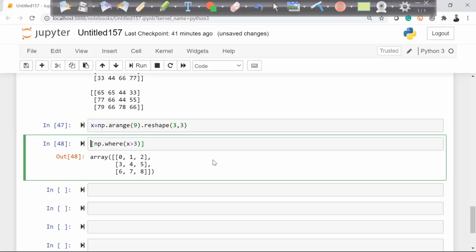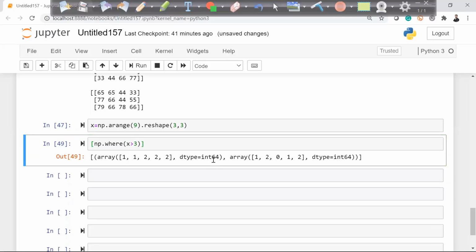Now if I remove this X and check the output, we are getting index numbers, which you are getting at the back end. Again you can see the index numbers coming in: 1 1 2 2 2 1 2 0 1 2. But if I call X, then it will give me the true values in the flattened format.